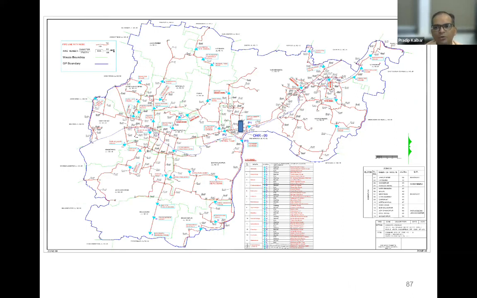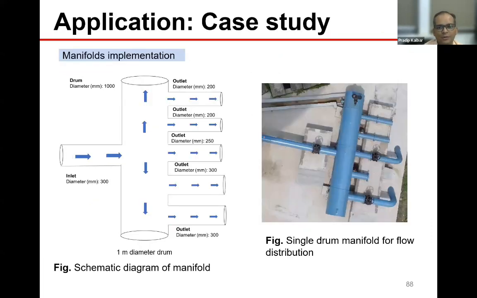This is not magic, right? It cannot go like this. We have to plan for this. So decentralized infrastructure: instead of one 9 lakh liter tank, if they had constructed 3 tanks of 3 lakh liter capacity, this situation might have been avoided. When we monitored, only this area was getting water. The rest of the people were managing somehow with other sources. Even though the Ganga river was there, they were not getting water, that's the irony of our situation. So what we first suggested is to convert the single outlet to multiple outlets. We asked them to install this manifold. We gave the design, and very promptly, very actively, they installed this manifold.